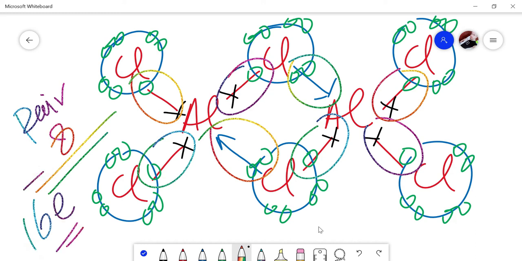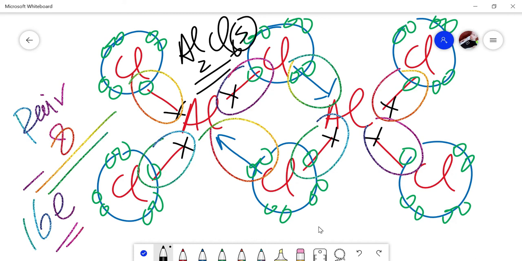This structure is called a dimer. A dimer is a composition of two monomers, two small units together. So when we are dealing with aluminium chloride at lower temperature, it exists as Al2Cl6, in the solid state. At high temperature it is in the gaseous state, and it will always be AlCl3. It is covalent. Don't consider it as something different. It's covalent. If you have any question